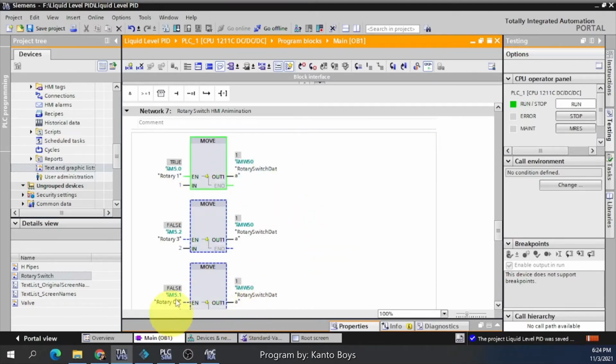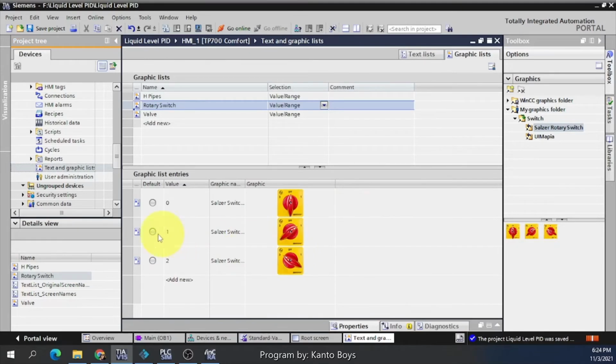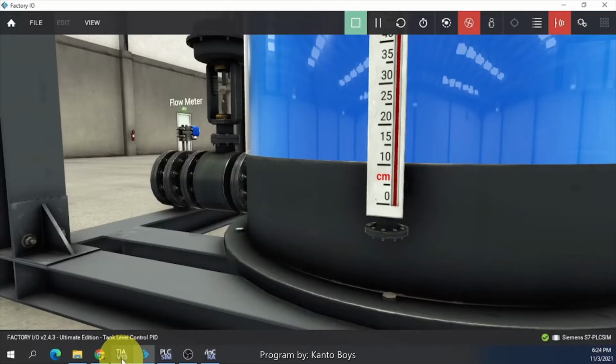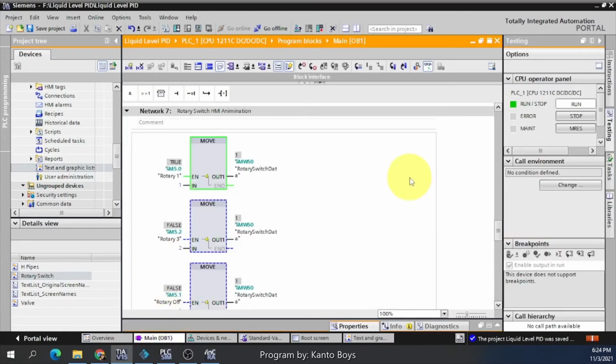Meaning this image, if you look here, if the value is 1, this image will be displayed. If the value is 2, this image will be displayed. And if the value is 0, this image will be displayed. So that is the meaning of this rotary switch in animation.